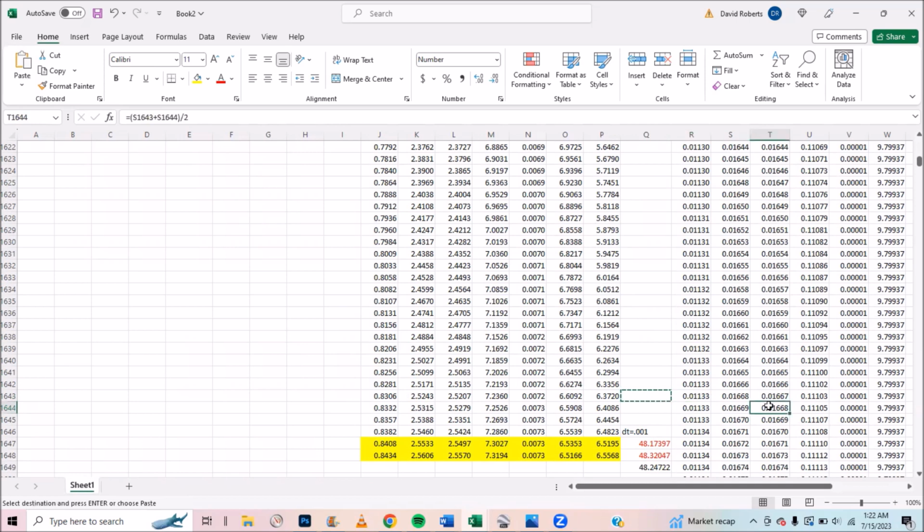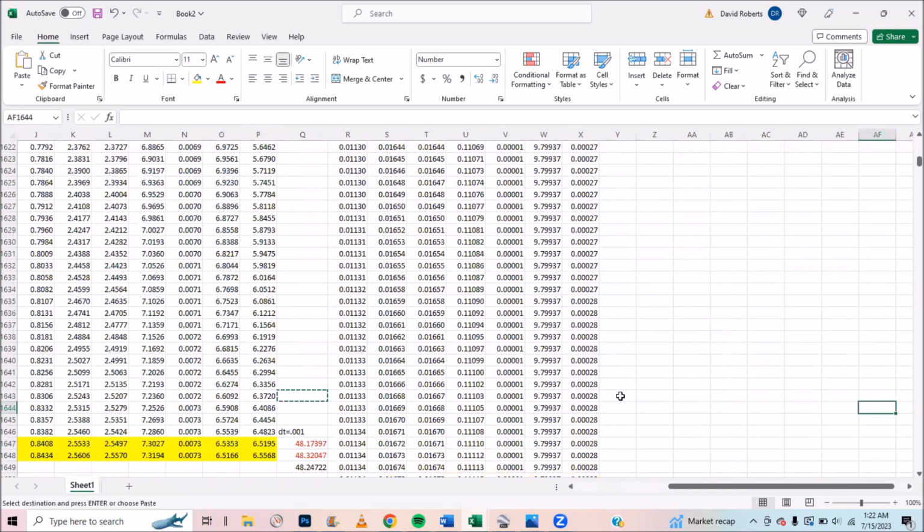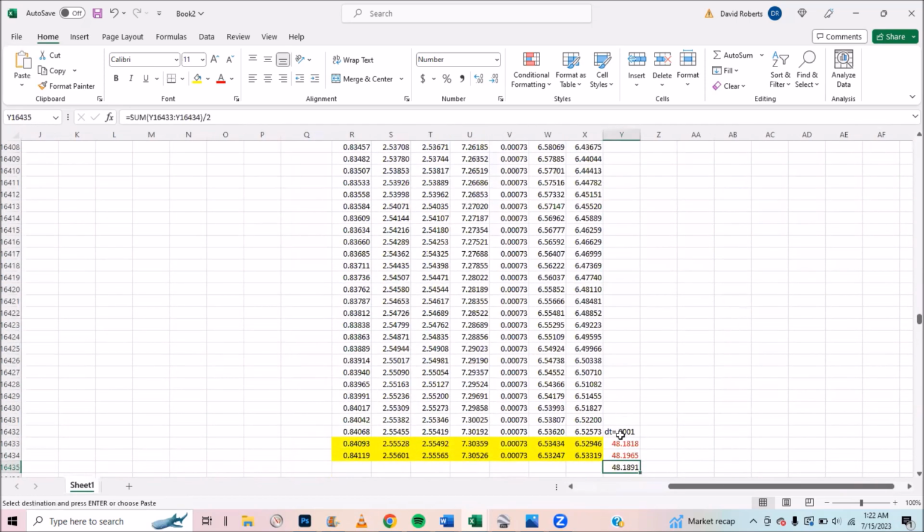Hell yes, it is. And we come over here, and we did one more, and we got 0.0001. And it's basically 48.2, 48.2, 48.2, final answer. But look how many, look at this: 16,434